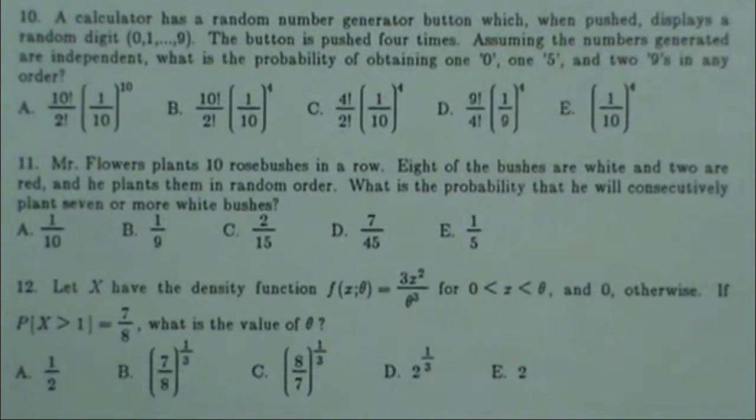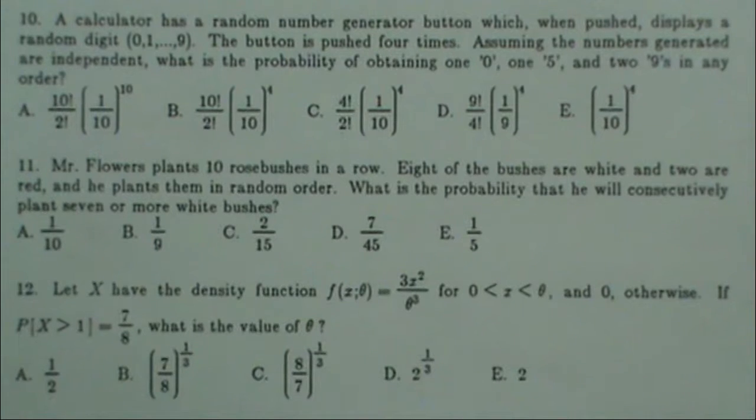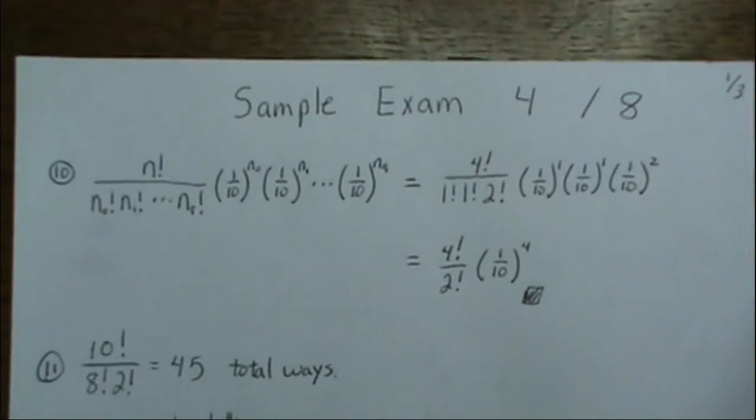Number 11. Mr. Flowers plants 10 rose bushes in a row. 8 of the bushes are white and 2 are red. And he plants them in random order. What is the probability that he will consecutively plant 7 or more white bushes? Now, number 11,